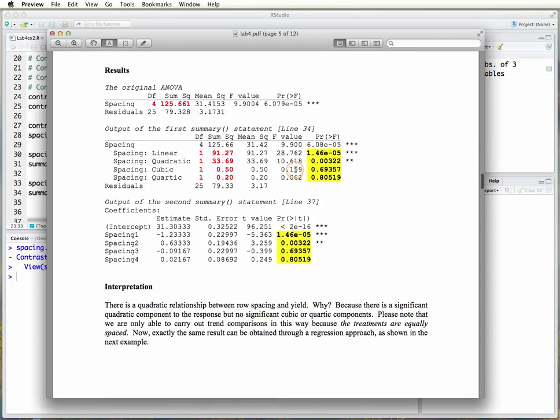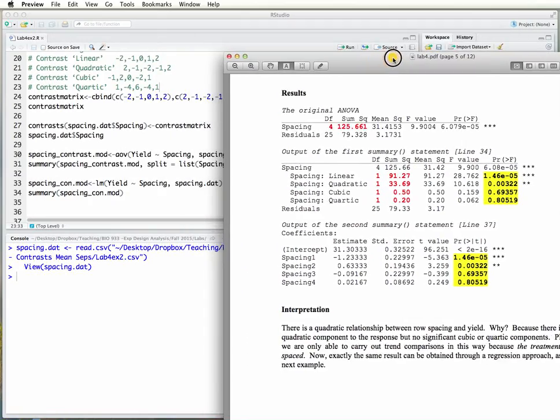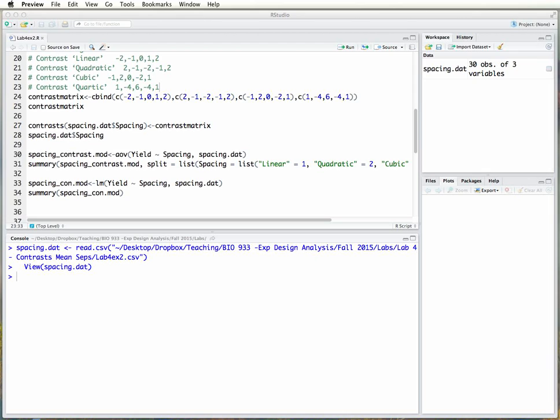And we get a certain amount of results here where the 4 degrees of freedom are split into the 4 questions. We see a highly significant linear component, a significant quadratic component, but non-significant cubic and quartic components. And so in this particular case, you would interpret that there is a quadratic relationship between row spacing and yield. Again, I'm not going to spend much time on this because this is exactly what you saw in the first example. What I do want to do in this example is to do the same trend analysis using a regression